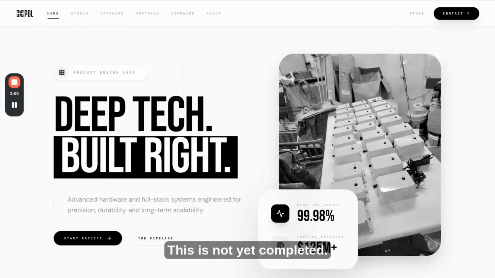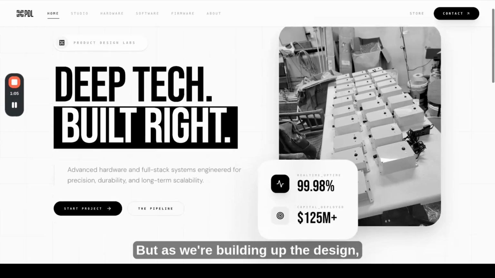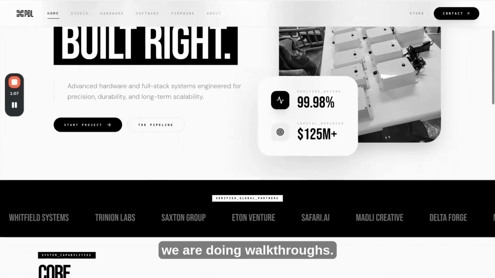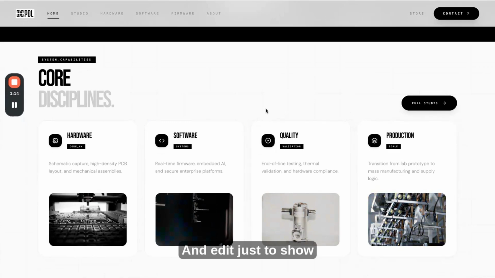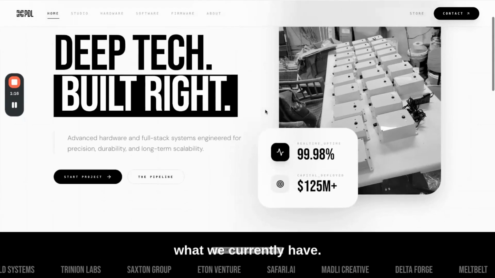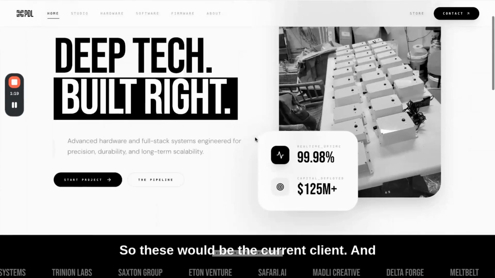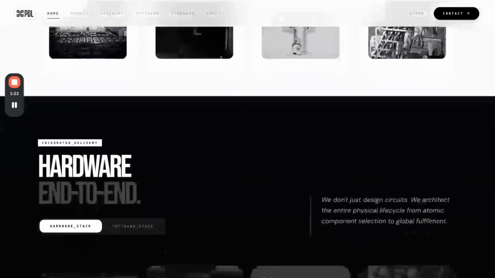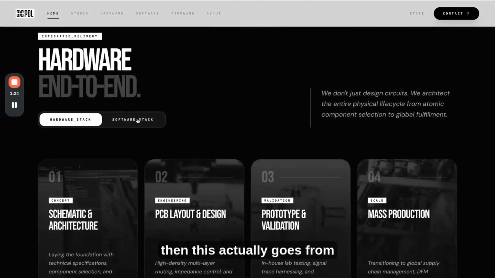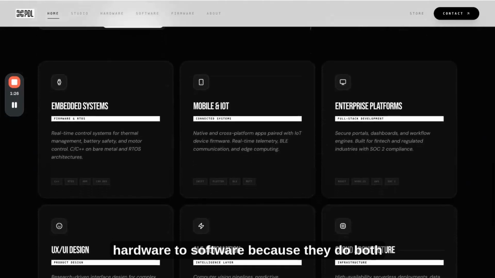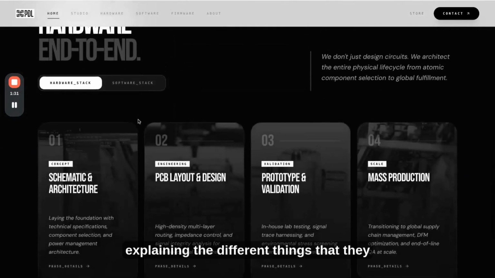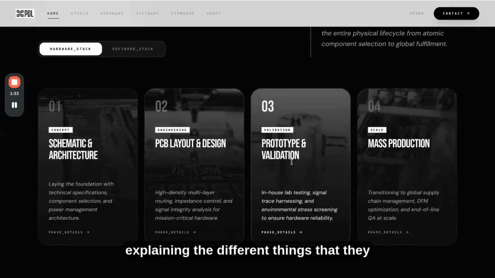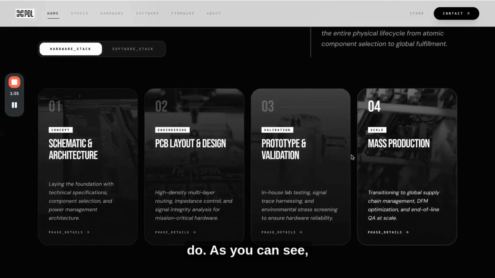This is not yet completed, but as we're building out the design, we are doing walkthroughs and edits just to show what we currently have. So these would be the current clients. And then this actually goes from hardware to software, because they do both hardware and software, explaining the different things that they do. As you can see,